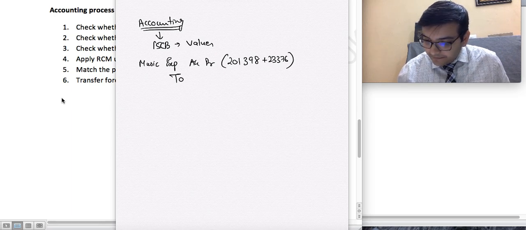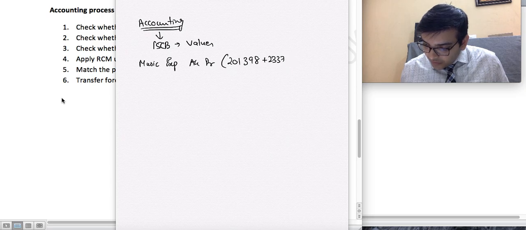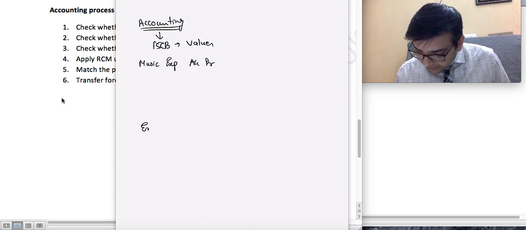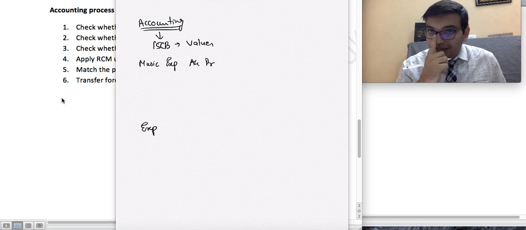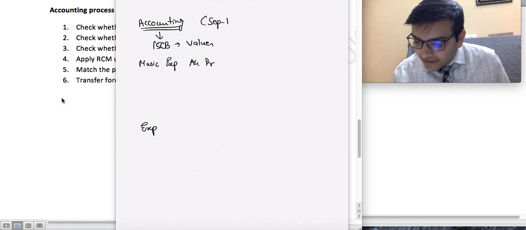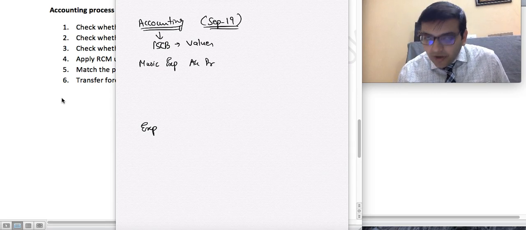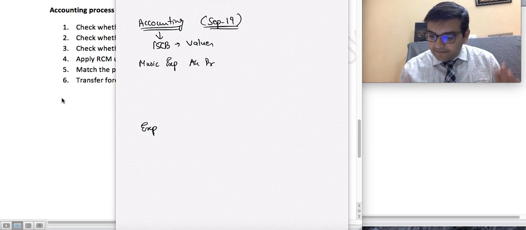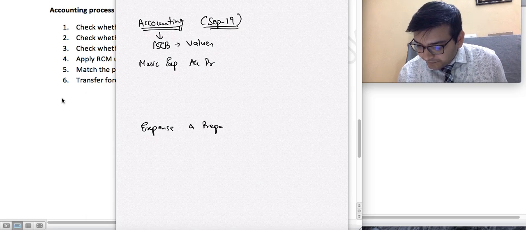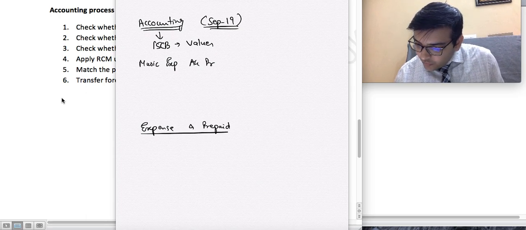I'm sorry, just one more thing I have to discuss. This amount will not go to your expense. Let us calculate the expense, because the invoice is for the complete period and we are booking it in the month of September 19. Okay, the invoice is for the full period, so we have to bifurcate it into expense and prepaid. So what is the total amount?